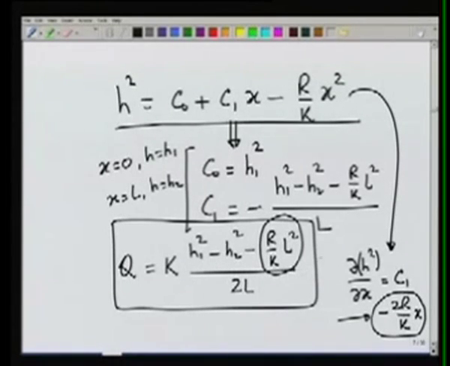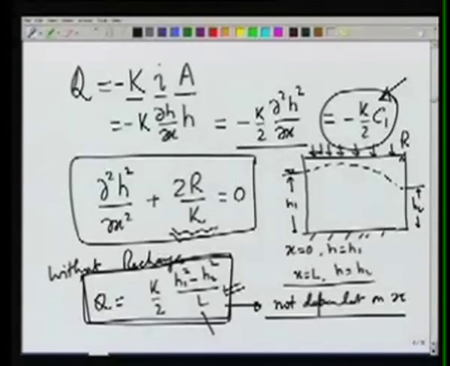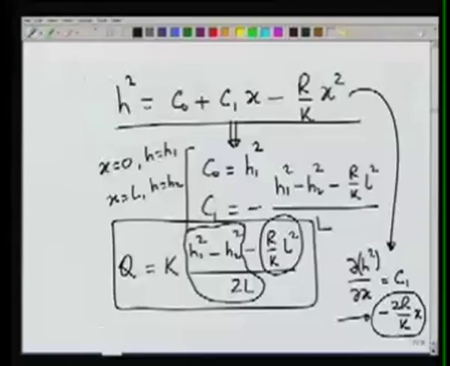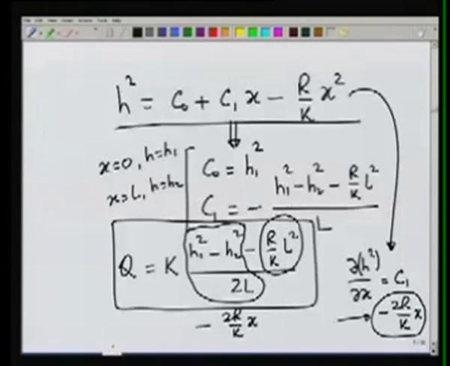So there is a constant term Q, which is the same as without recharge. If you look at this term, this gives us the constant term, and the second term will be with recharge, so R by K L square, and this Q will be dependent on x also, 2R by Kx. So if we look at this line, the Q term has to be 0 on this line, and therefore what we get is 2R by K